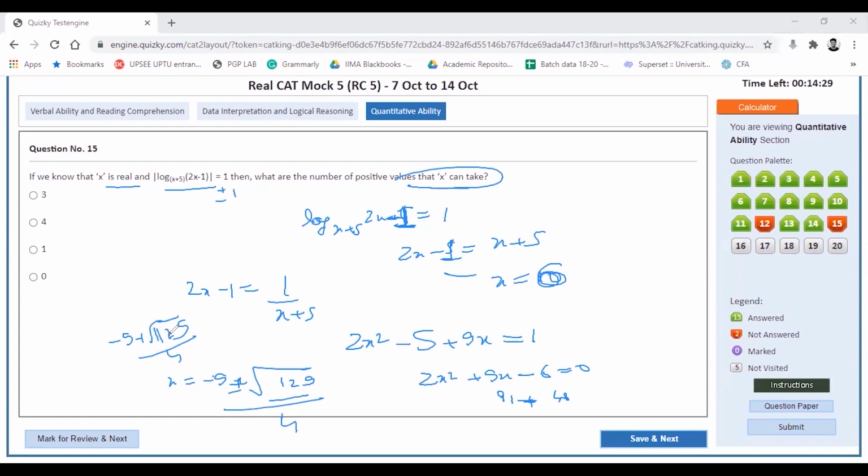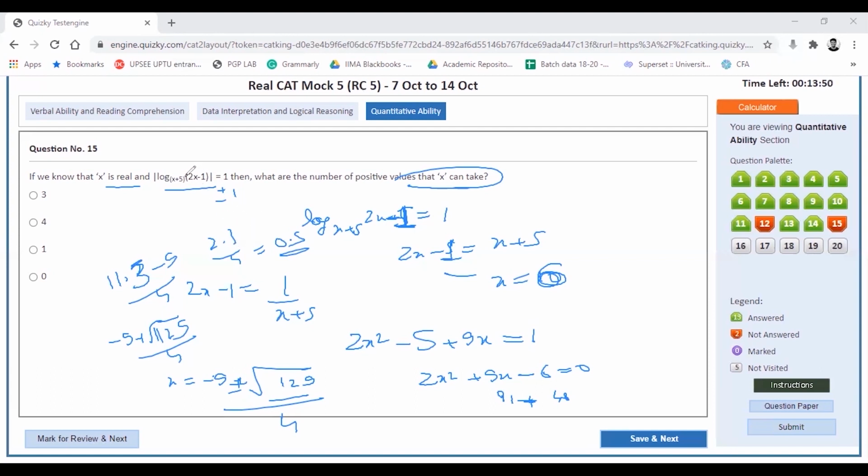11 times 11 is 121. Let me take it 11. It would be something 11 point something. So, let us say 11.5, because 12 times 12 is 144, let it be somewhat around 11.3 minus 10 by 4, it becomes 2.3 times 4, which is definitely greater than 0.5. Now it is greater than 0.5, and then it becomes